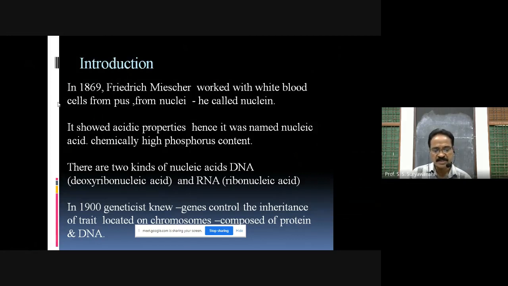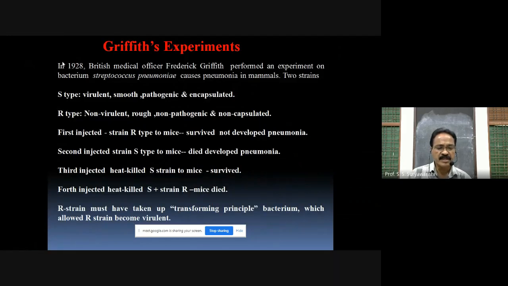What I told before, the Griffith experiment: he performed this experiment and tried to find out the factor or the principle which is responsible for the genetic information. So let us discuss this Griffith experiment, which is the pioneer experiment that came to a conclusion. Griffith was a British medical officer, Frederick Griffith, and in 1929 he performed the experiment